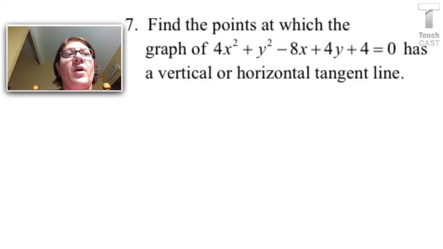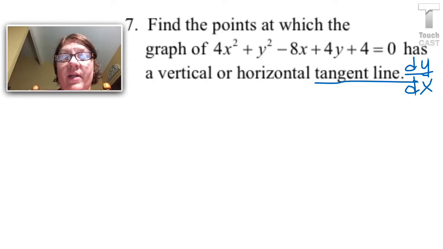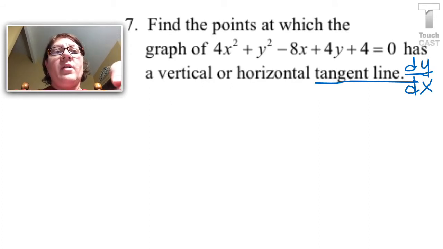So when I read this problem where I want to find points where the graph has horizontal and vertical tangent lines, of course I know tangent line is requiring that I find slope, or I find the derivative. So the first thing is I freak out when I look at that equation because I say, look at all the x's and y's, and I know that I can't get y by itself because there's two different versions of it, a y squared and a y, and I certainly can't isolate one of them. So I'm going to take the derivative